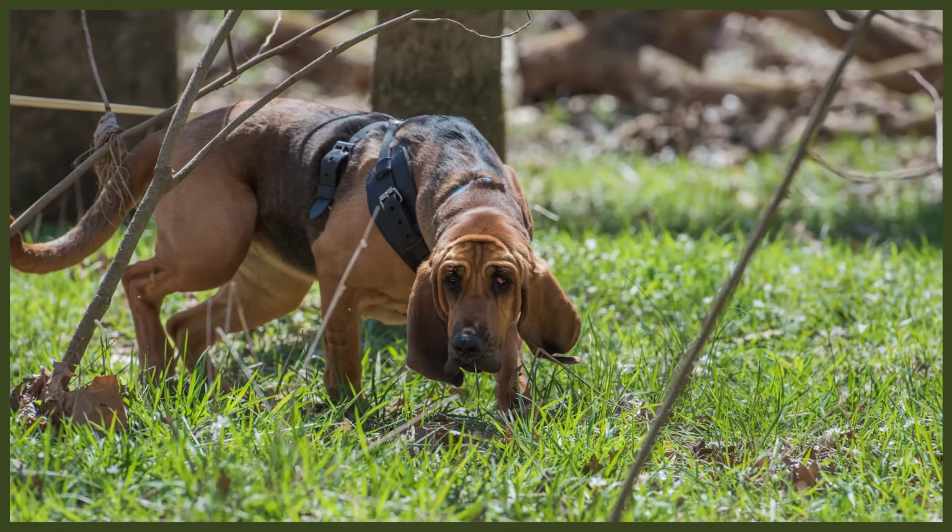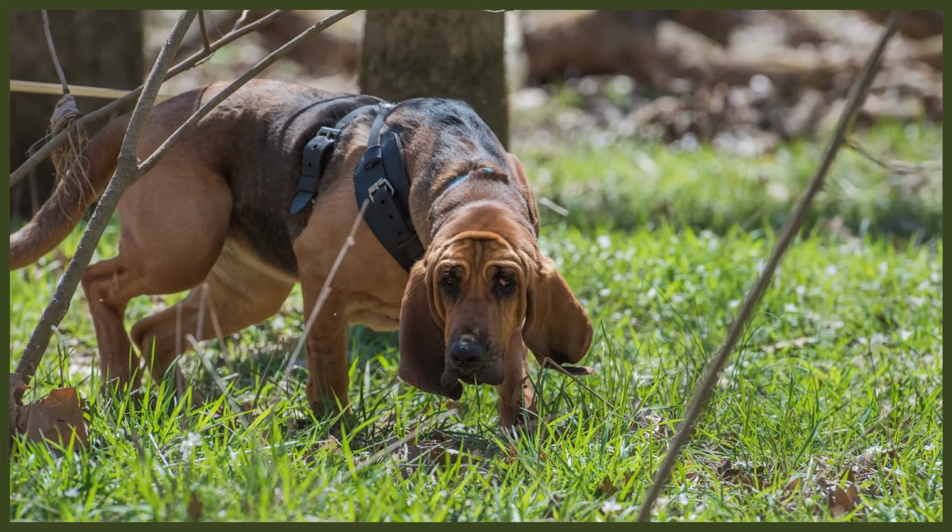The best approach for training this breed is positive reinforcement, persistence, and plenty of rewards and praise. They can also be quite sensitive, so they don't respond well to impatient owners or those who don't show a level of calm. Always ensure you remain calm and consistent, as the bloodhound will take the lead if given the